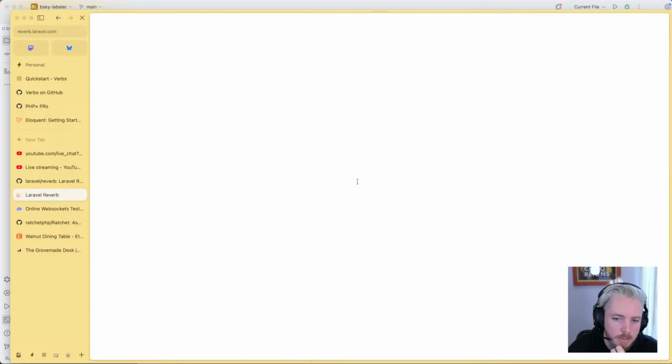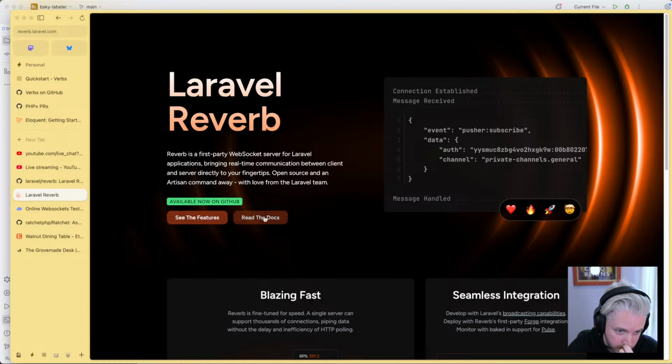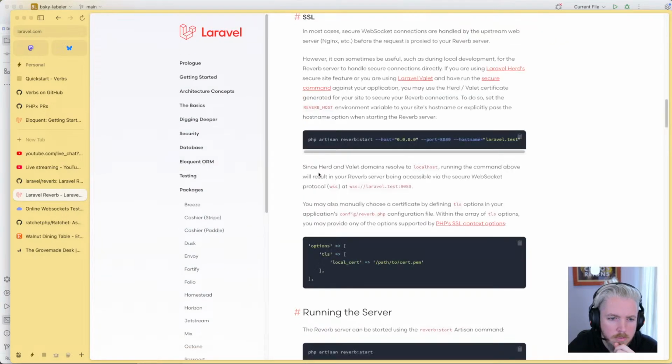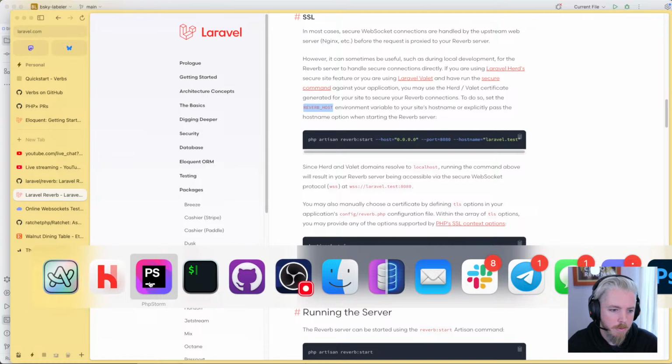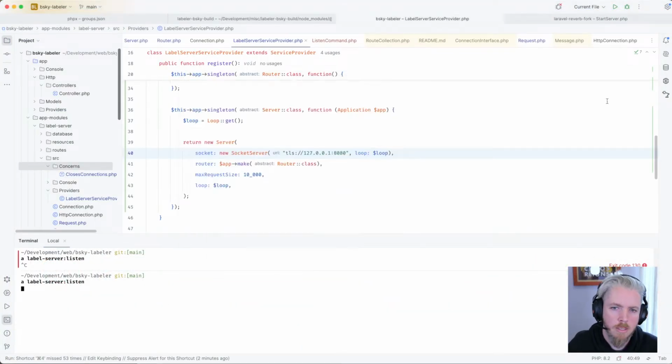All right. How do we do TLS? SSL. Okay. Most cases handled upstream. However, it can be useful for local development. If you're using Laravel Herd secure site feature, run the secure command, you may use the Herd or Valet certificate generated for your site. To do so, set the Reverb host environment variable. Okay, so somehow Reverb is finding